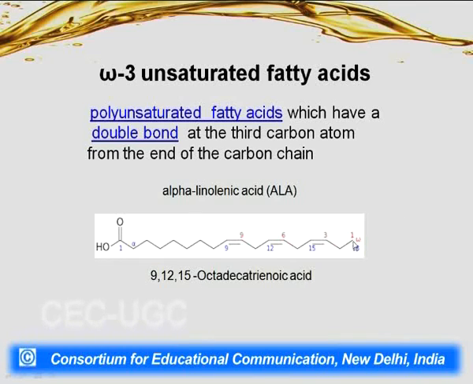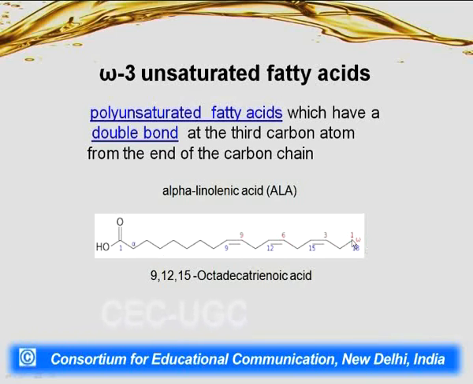So they call the last carbon as the omega carbon, the last carbon of the chain. It may be 18 carbon acid, 16 carbon acid, 12 carbon acid, whatsoever it is, it will be given the name omega carbon, which is the last carbon. And then from this side they start numbering as 1, 2, 3, so on. This is now omega carbon, this is carbon number 1 in numbering, this is 2, this is 3. So what we find is that the double bond is starting from carbon number 3, but this numbering is not according to IUPAC system, this is not from the carboxyl side.